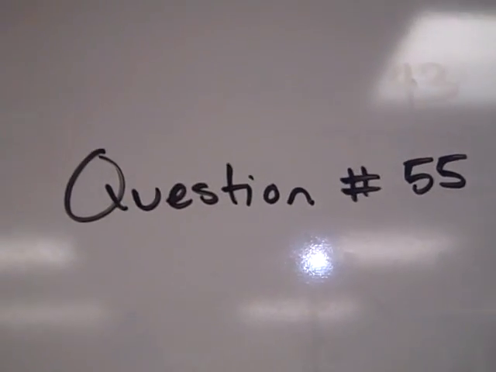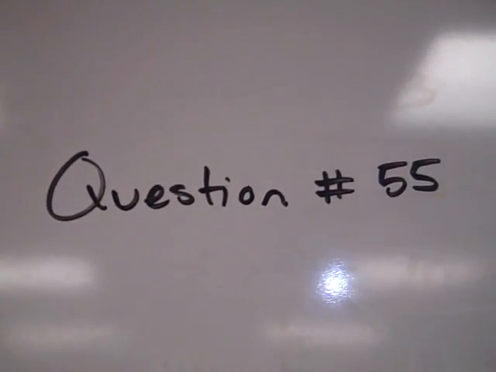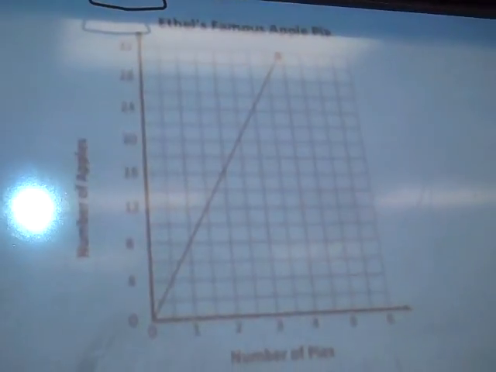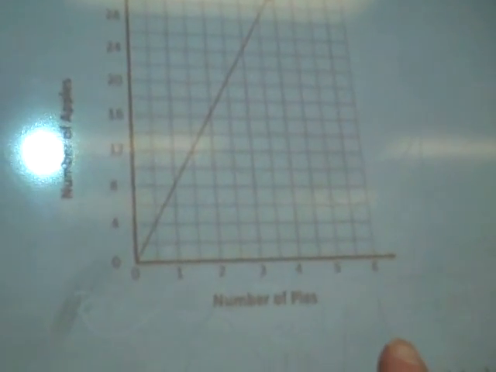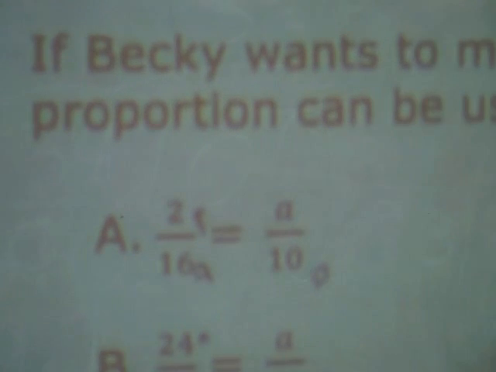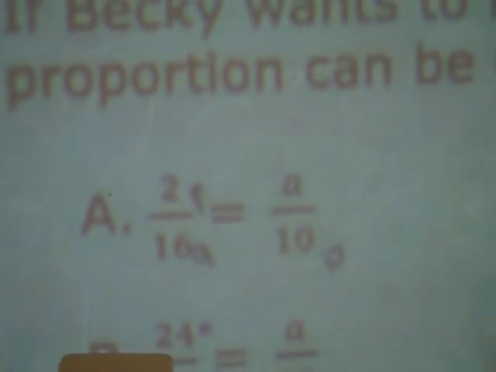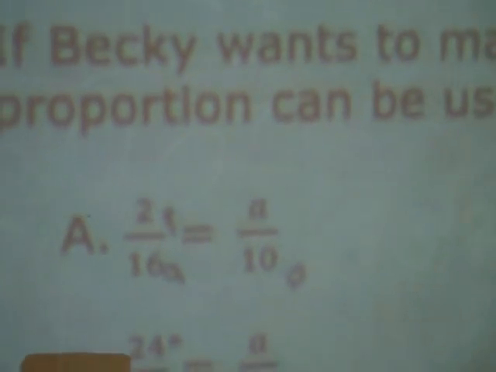This is the video solution to question 55 on the Math Mock STAAR test. The question gives us a graph with the number of pies on the x-axis and the number of apples required for each pie on the y-axis. Then it asks us which proportion could Becky use to figure out the number of apples needed to make 10